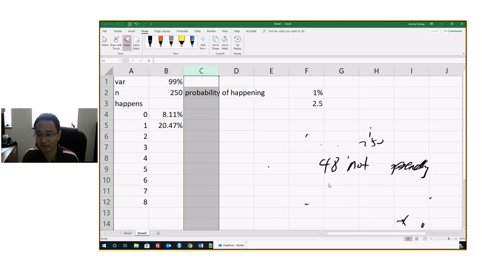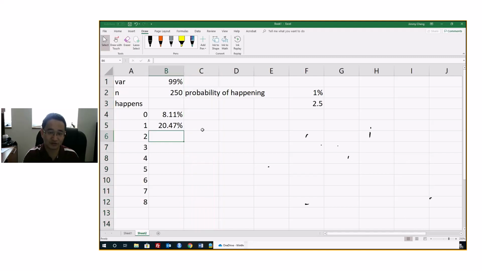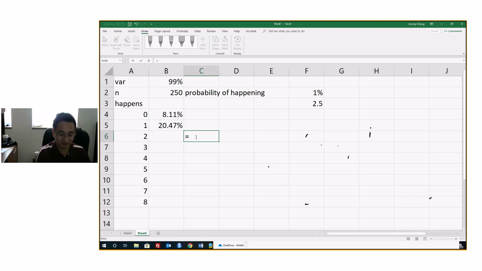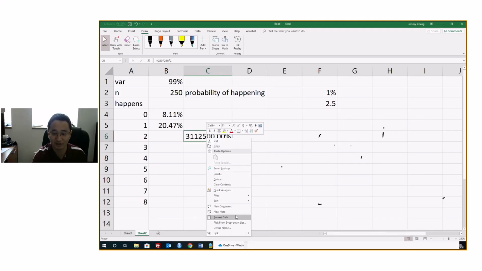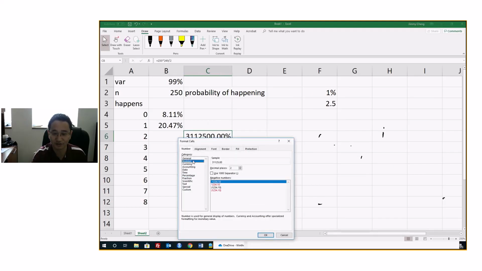So if you need to take some time, you can pause here and take a further look. I'll just show you the combinations, right? In Excel, we can use 252 divided by 2. That's how many combinations we have. This certainly is not a percentage. We'll just use another number.